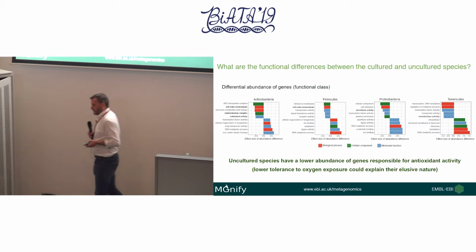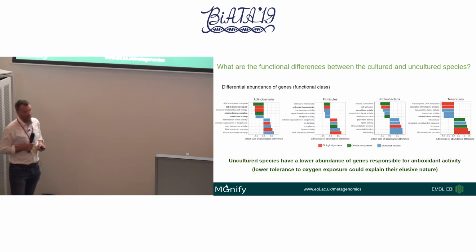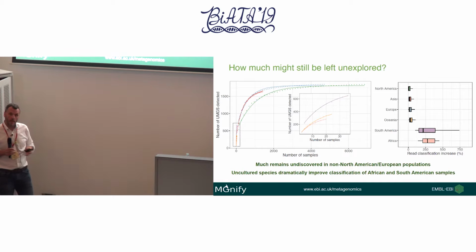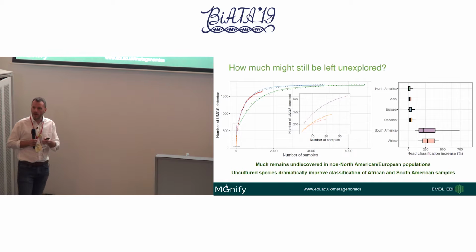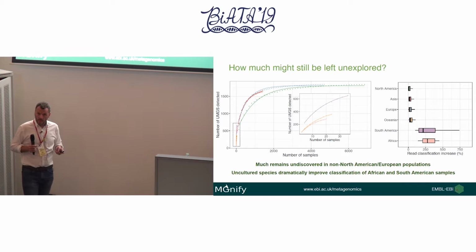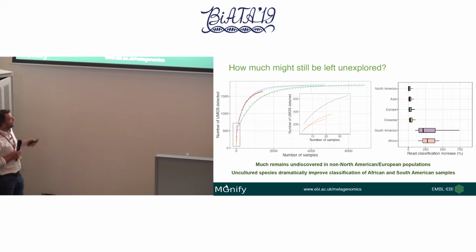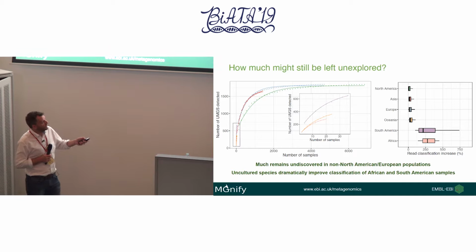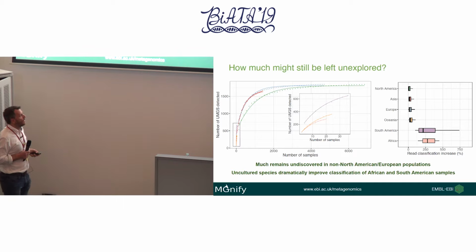We also wanted to look at geographical distribution, as we've already highlighted that some of the MAGs seem to be only found in non-European, non-North American populations. Some of them are found ubiquitously. So what we've done here is, if we look on the left-hand side, these are color-coded according to the country. So green is North America, Europe is blue, Asia is this sort of red color, Oceania this sort of yellowy color, Latin America this purple color, and Africa pink.